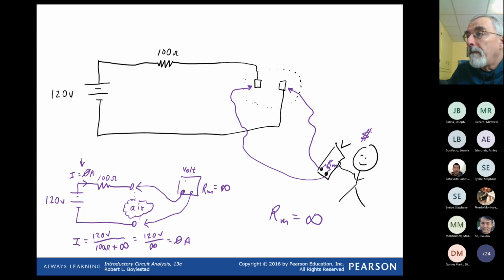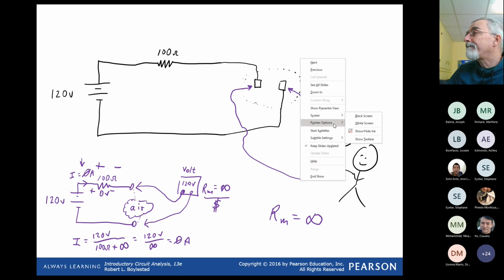And we will be measuring 120 volts because the drop across the 100 ohm resistor, the internal resistance of the lines or the wires, is 0, because Ohm's law says 0 amps multiplied by 100 ohms is 0 volts. And we are measuring 120 volts because we purchased a very good voltmeter. But